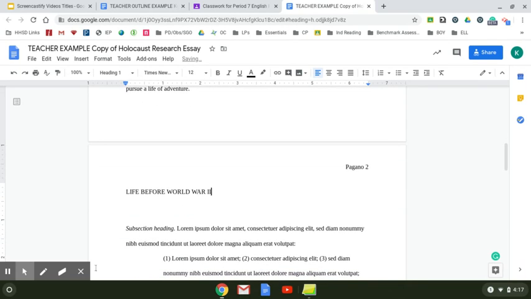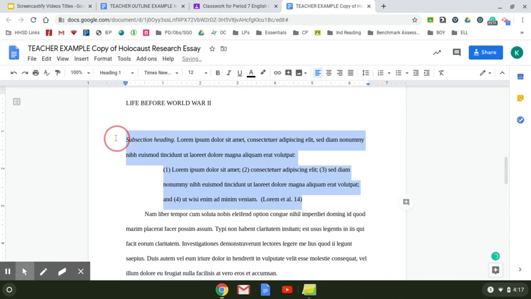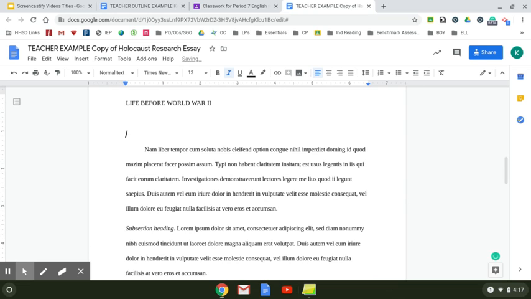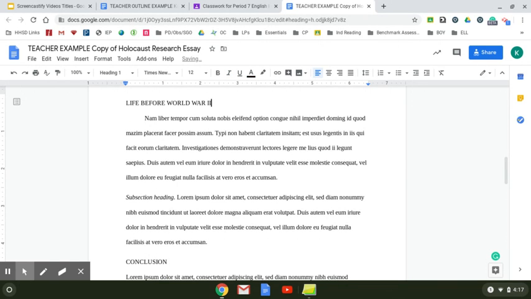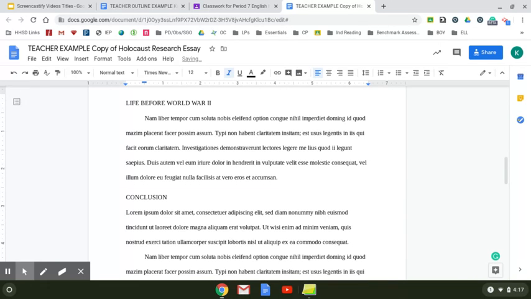And then I don't need this subsection heading or any of this, so I'm just going to delete it. And I'm just going to start writing my next paragraph underneath section 2. And then I'm going to keep adding paragraphs to this section until I get to the next section. And then I'm going to add another section and another paragraph.